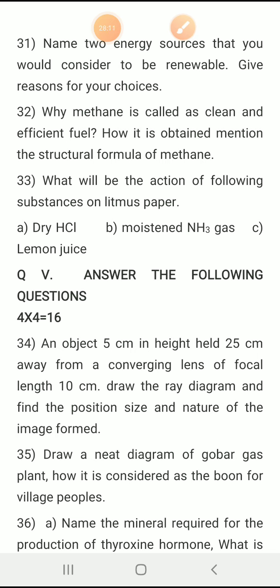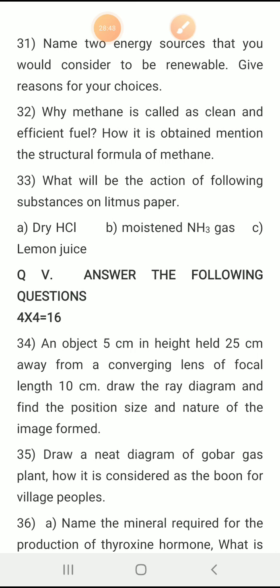That cow dung is utilized in the preparation of gobar gas through the gobar gas plant, and that gobar gas, which consists of 70% methane, can be used for heating purposes and other different purposes, right? Even vehicles can be run with the help of methane gas. So for that reason, for the village people,